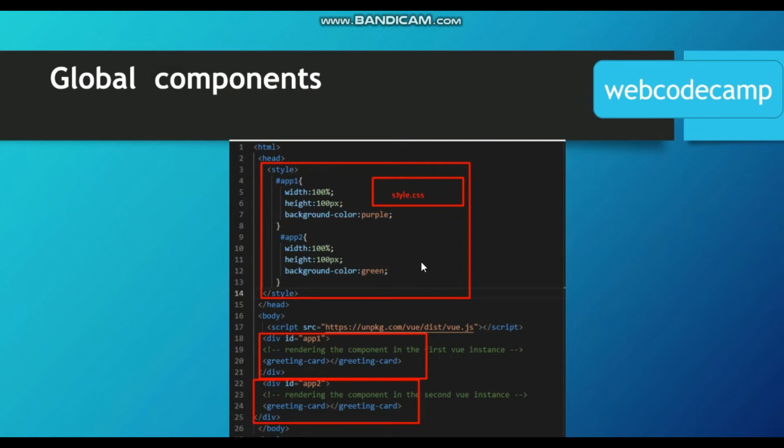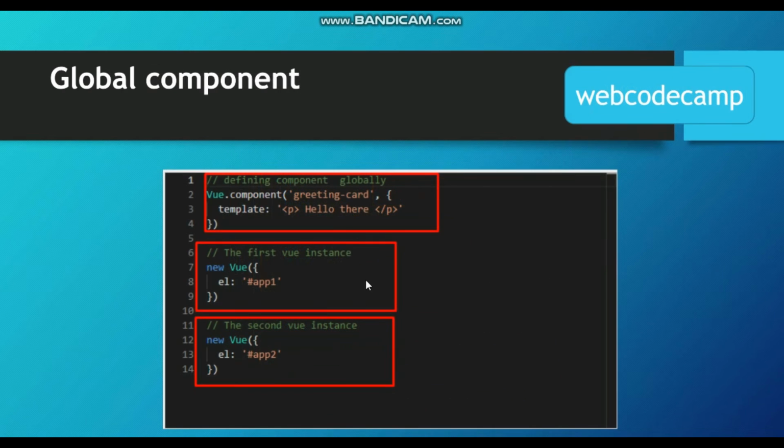Then you will see rendering the component in the first Vue instance, f1, and in the second Vue instance, greeting card, which is global. Then I define the component globally, like greeting card, and